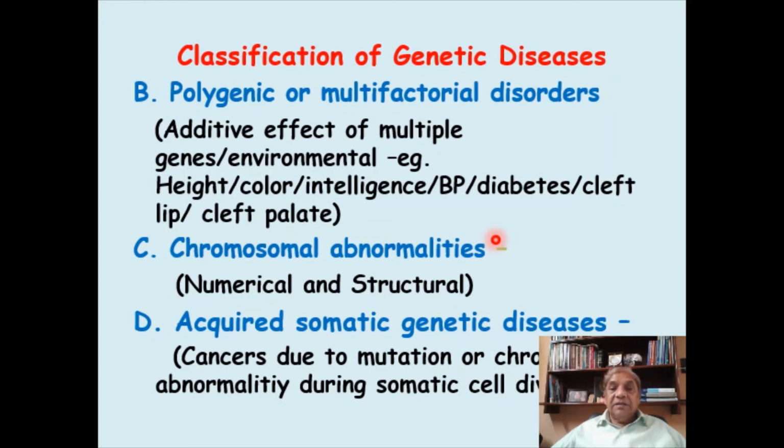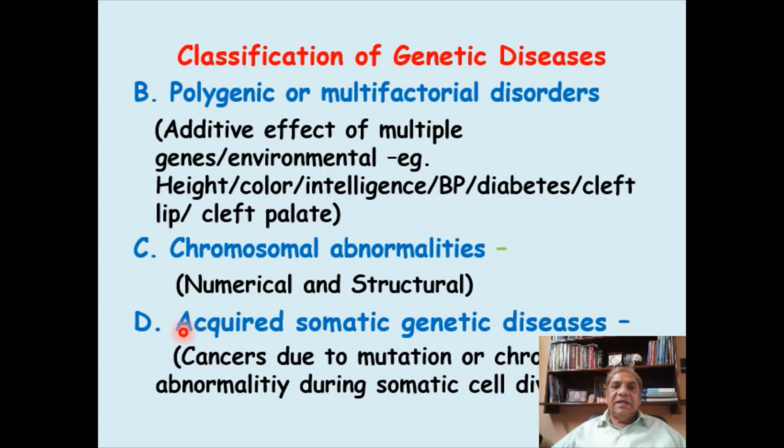Or it may so happen that a part of a single chromosome may break, that will lead to a structural abnormality, or there may be other abnormalities in chromosomes, say for example ring chromosome formation. So this kind of structural abnormality within the chromosome, even if their number is normal, is going to lead to genetic disease.